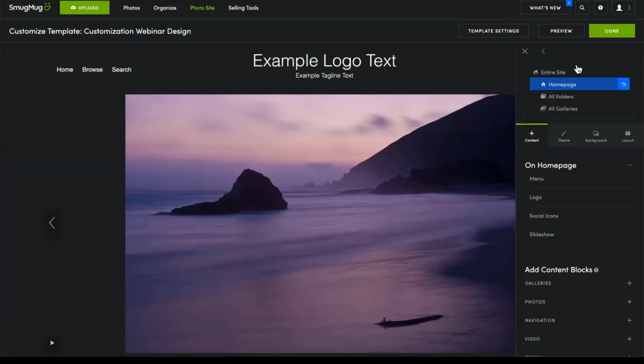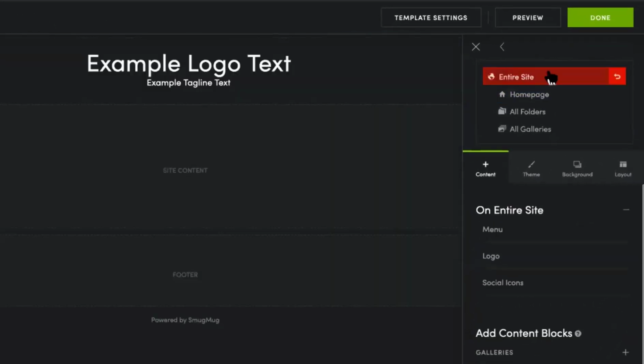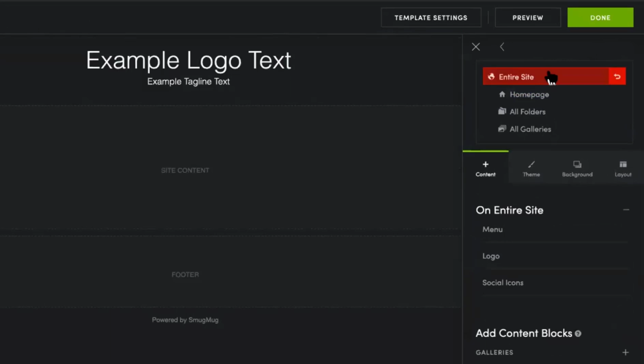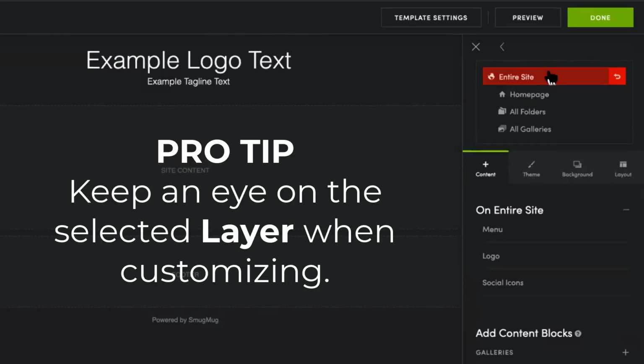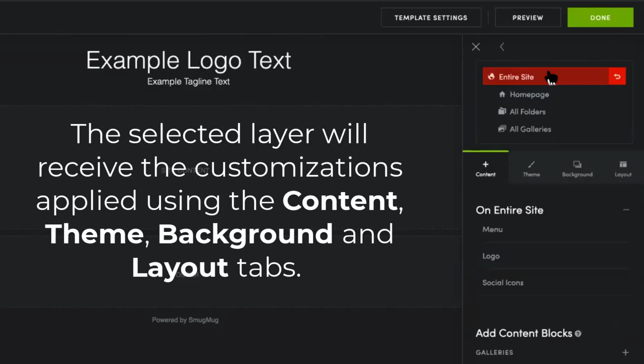Let's next discuss and explain the different layers of your SmugMug website. Below the preview and done buttons, we see the available layers. Starting from the top, there's the entire site, and when selected, it shows highlighted in red. Now, when you're customizing, it's a good idea to keep an eye on the layer that's selected and highlighted. The selected layer is what's going to receive and show the customizations you apply using the below content, theme, background,